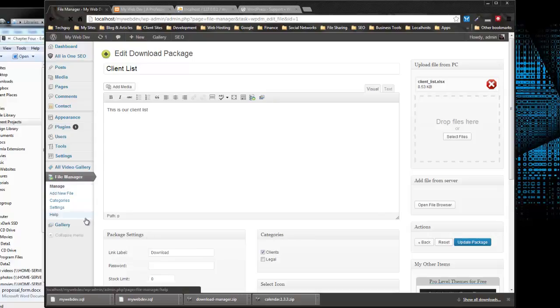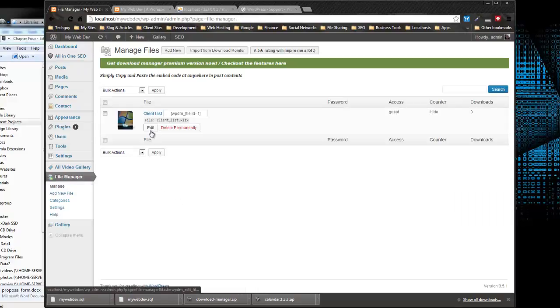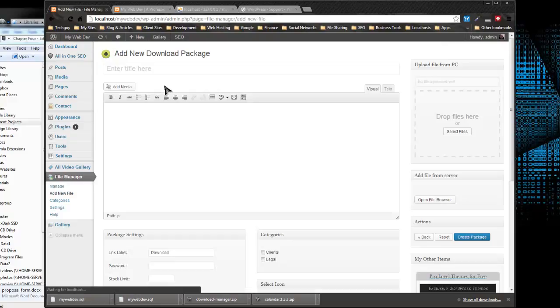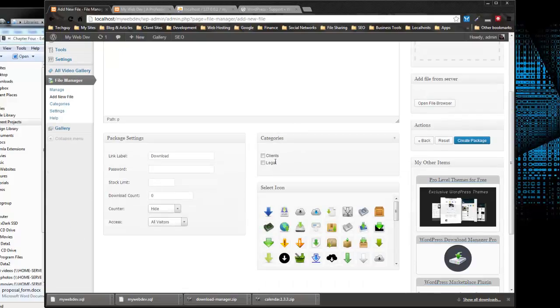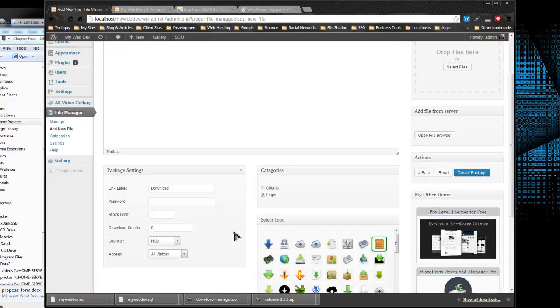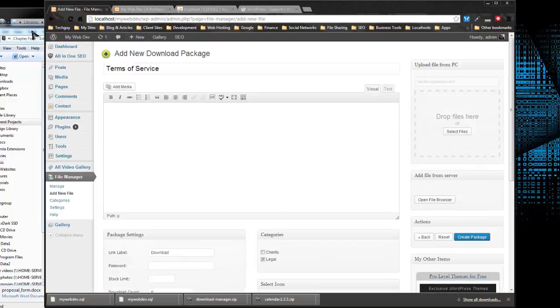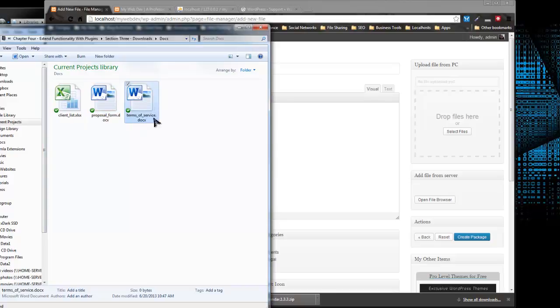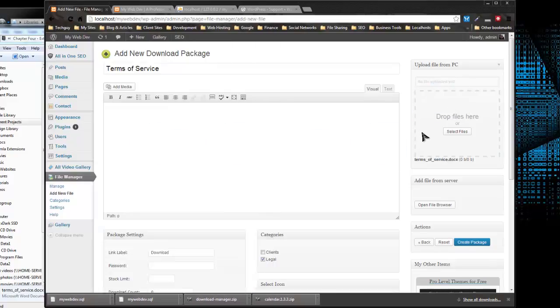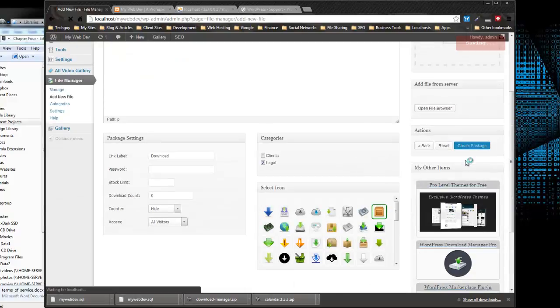Alright, so that looks good. Let's go back to the manager. So now we have our client list file. Let's create another one, and this will be the terms of service. I'm going to put this in the Legal category. I'm going to select the box icon again, and I'm going to drag over the terms of service Word document. So that looks good. I will create package,